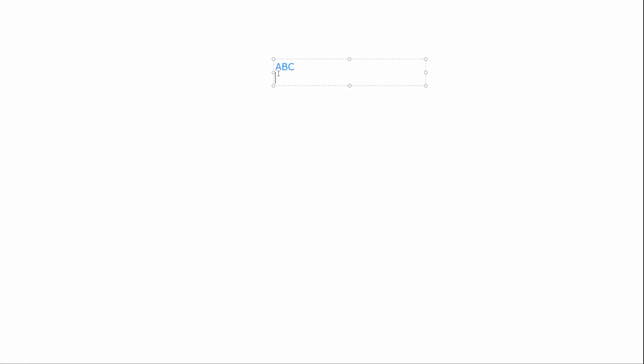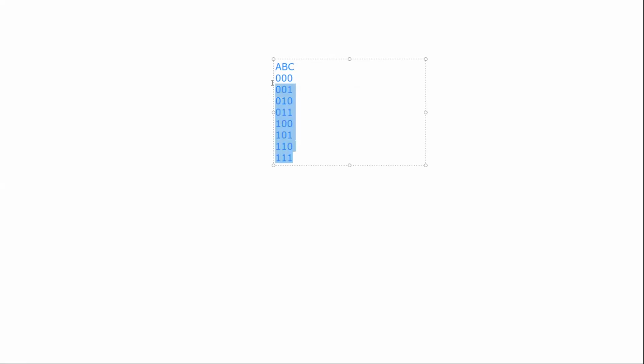Let me write all the possibilities: 000, 001, 010, 011, 100, 101, 110, and 111. These are all the possibilities for the given string ABC.